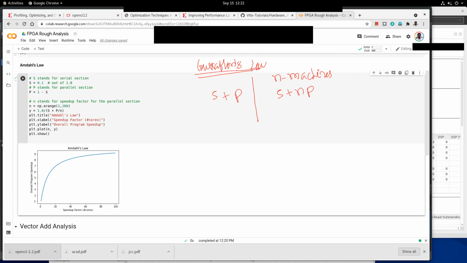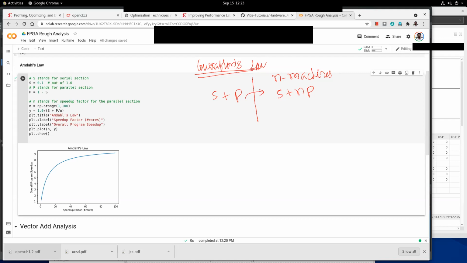But Gustafson's law says there are many applications, especially these big data applications, where as the number of nodes increases, each node will be able to process more data. So accordingly, the data size also increases. With n machines, the workload increases from S plus P to S plus NP.